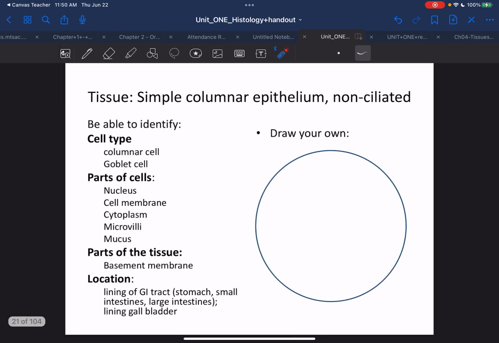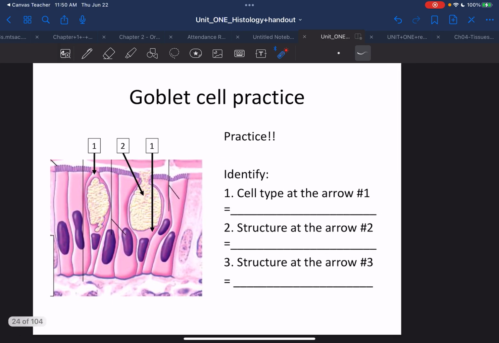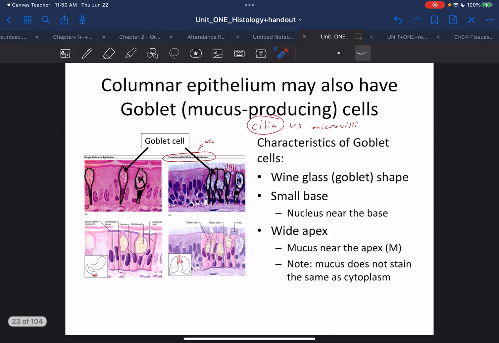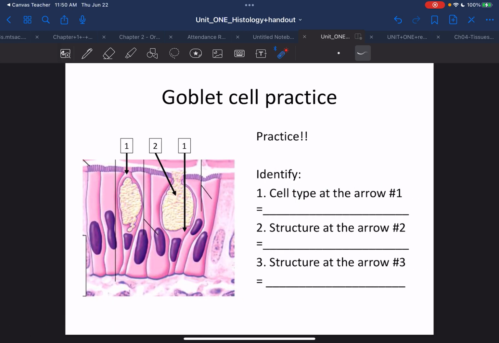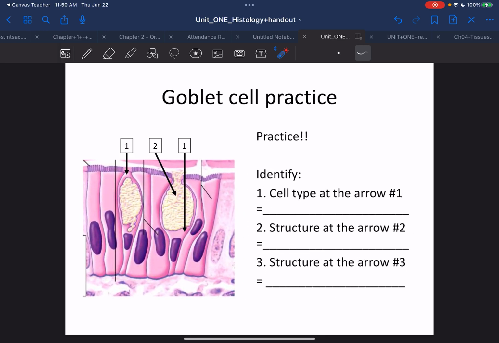All right, so with that, and then there's even goblet cells. You must be able to recognize goblet cells. Again, the role is to secrete mucus, and that's really it. And make sure to be able to answer these. My packet's a little different from yours, and I just realized it is because my numbers aren't even right, and I'm pretty sure yours are. So your packet is probably correct, and I will upload the new PDF as soon as I get it from